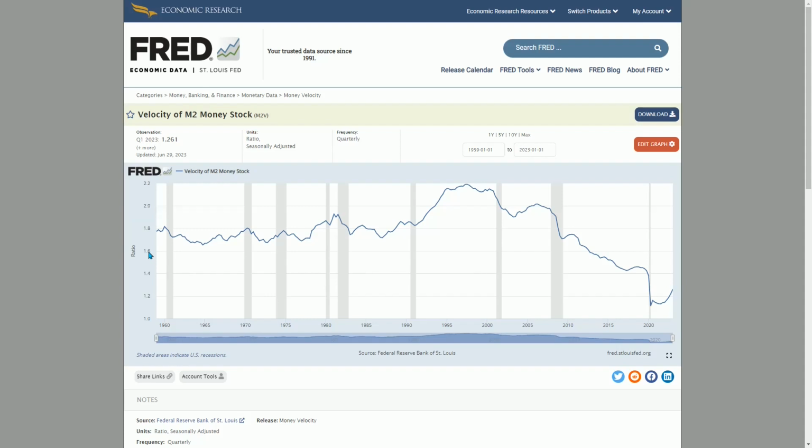Now this next chart over here depicts something about how quickly money transacts throughout the US economy. There are international implications over here, of course, as well, because money technically does not have borders. But nonetheless, this is a measurement submitted by the US Federal Reserve, and it's known as velocity of M2 money stock. What does that mean?